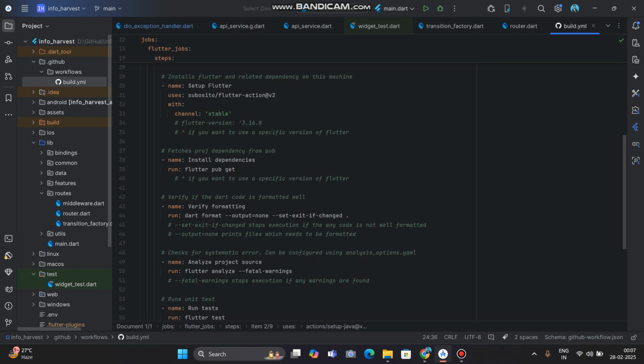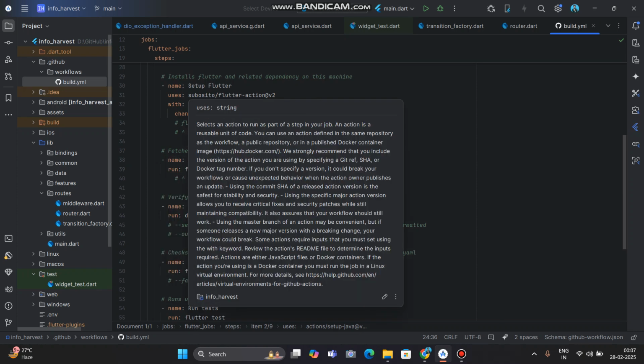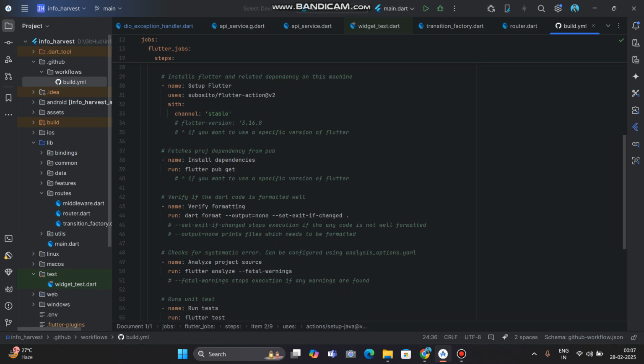So I have provided a name. Each and every step carries a name. You can provide the name under your own conditions, up to you. So here I have the setup Flutter, and I have installed this subosh Flutter action v4